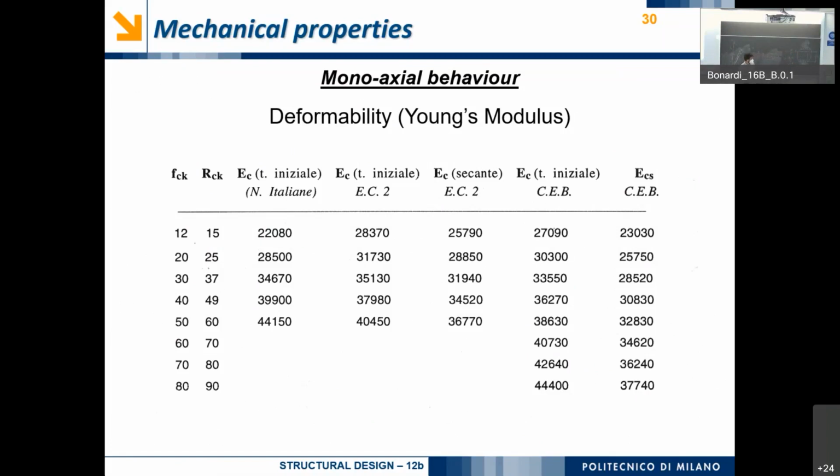Due to the geometry of these elements, cylindric elements are more slender, and so they will fail with lower levels of stress. It does not mean that they are weaker. It is just an effect induced by the geometry. So, the compression tests are very standardized. When we perform a compression test on a sample, the dimensions have to be fixed. All the ratios between the height and the diameter of the cylinder have to be fixed,